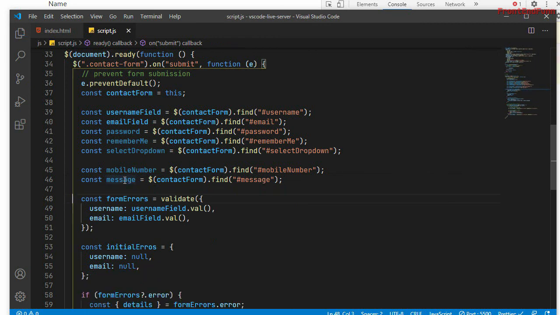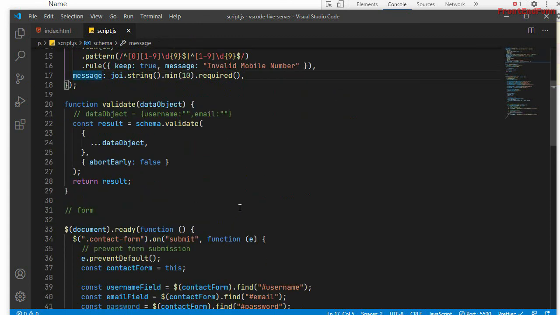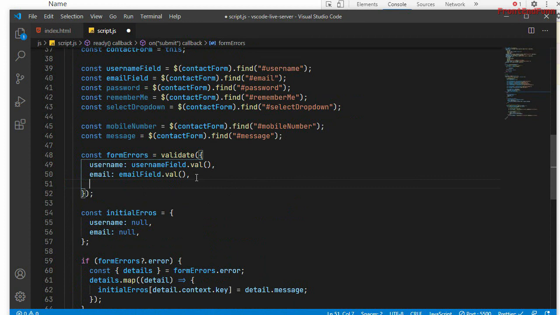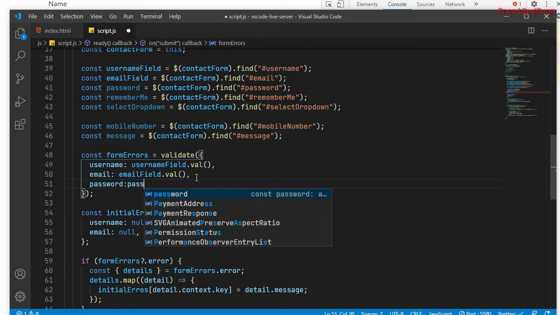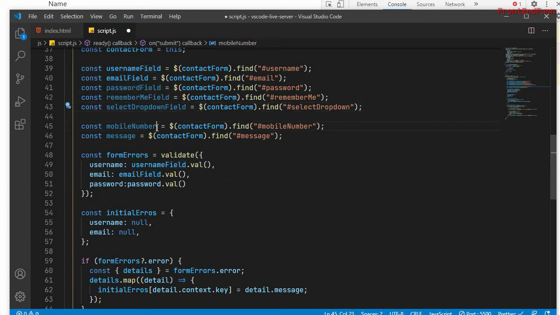So let's just cross check. 1, 2, 3, 4, 5, 6, 7. Fine. So we need to pass the values here for the password dot val. So this should be password field, remember me field, drop down field, mobile number field, message field.